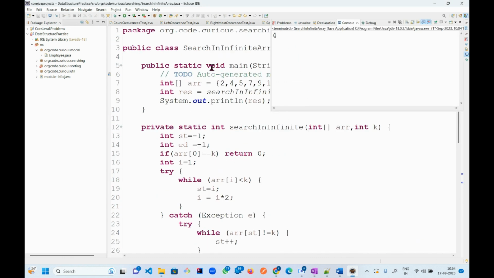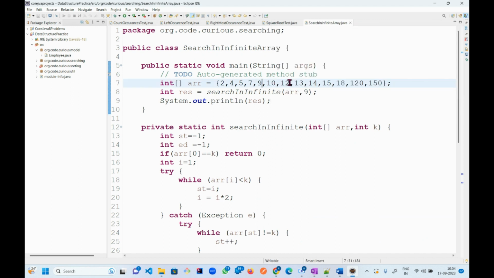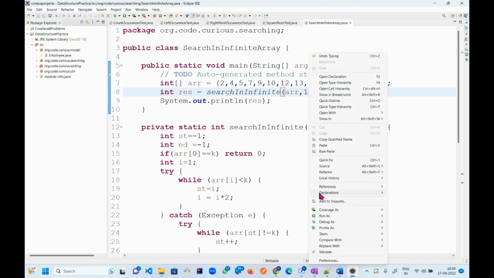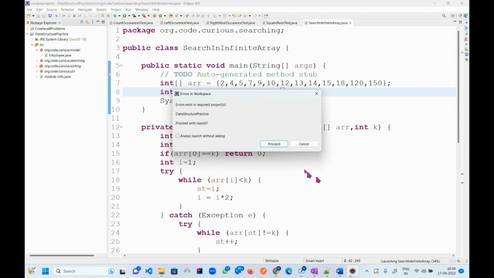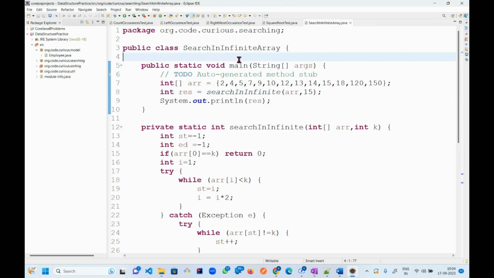Okay, fourth index. You can change here to another value, 13, or I think you can use 15 here. And if you search 15, you will get index 9. You can calculate 0 1 2 3 4 5 6 7 8 9. And in the other case, if you search for 120,